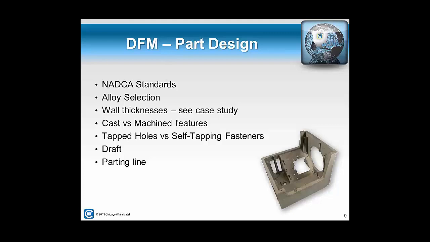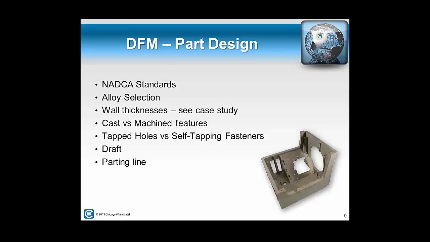Then that leads into alloy selection. Chicago White Metal has, and other resources are available, to show all the different alloys that are available for die casting, what the material and physical properties are of each, and it'll help you identify with your die caster what alloy is right for your application. Wall thickness is very, very important, and we'll talk about this in a case study, but one of the first